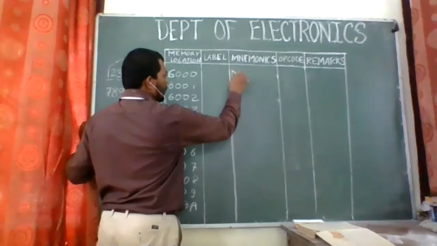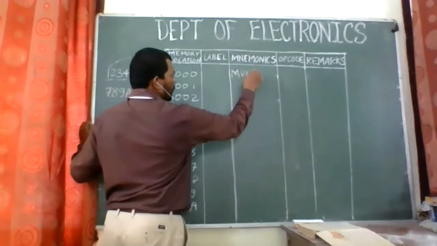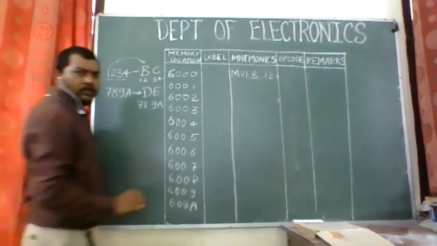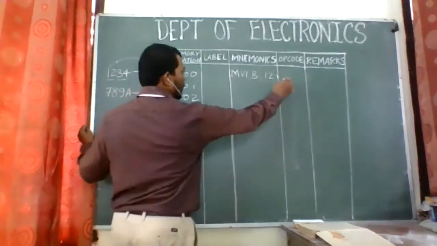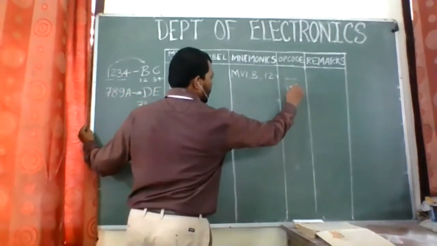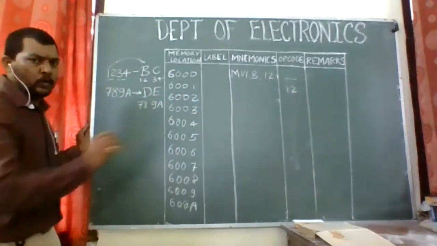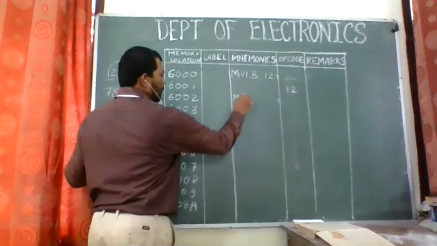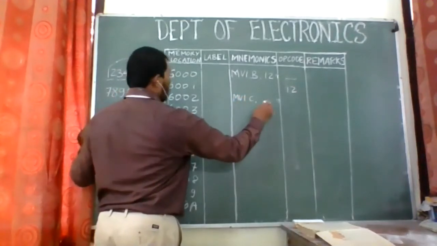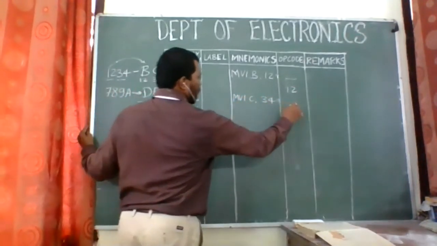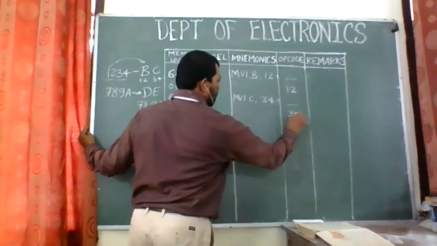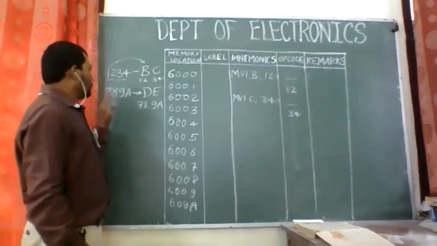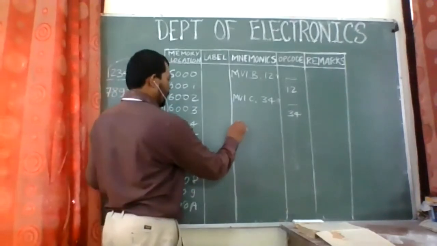तो सीधा सीधा मैं लिख रहा हूं MVI-B, क्या डालना है इसमें? 1, 2। अब H नहीं लिखता हूं मैं, डायरेक्ट लिख देता हूं MVI-B 1, 2, राइट? इसको 2 लगेंगे, एक लगेगा ऑपकोड और दूसरा है हमारा डेटा। So 1, 2 is the data and we'll write the opcode. Second instruction is MVI-C, simple, MVI-C 3, 4, फिर इसका एक ऑपकोड आएगा और 3, 4 is the data. सो हमारा 003 पर 3, 4 आ गया है।